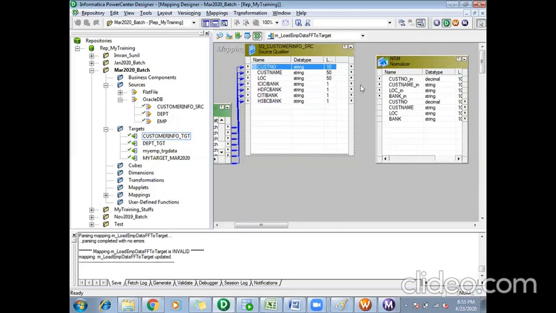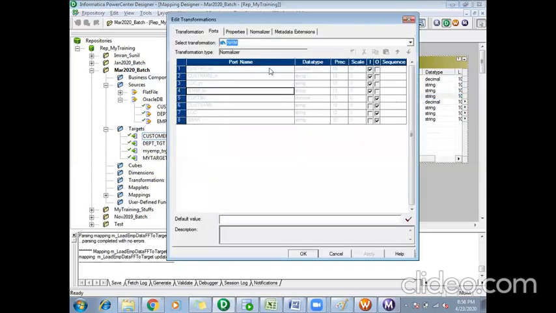So I can link the customer number to this customer number. Done. I can link the customer name to customer name. I can link the location to location. I'm left with 4 ports in my source qualifier for bank, and I have only a single port in my normalizer for bank. So on which port can I create occurs in my normalizer so that I'll get multiple input ports? Bank, right? Obviously, it should be bank.